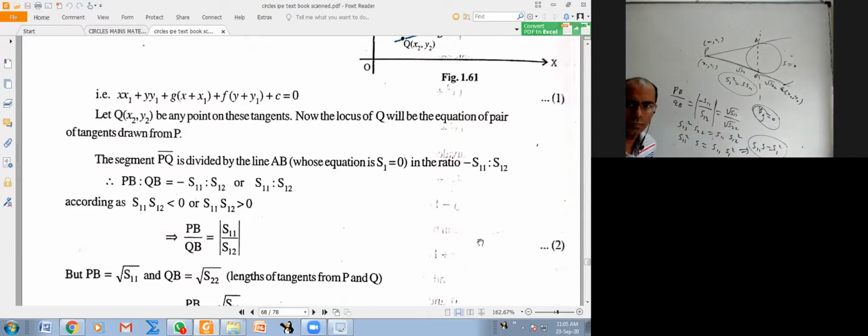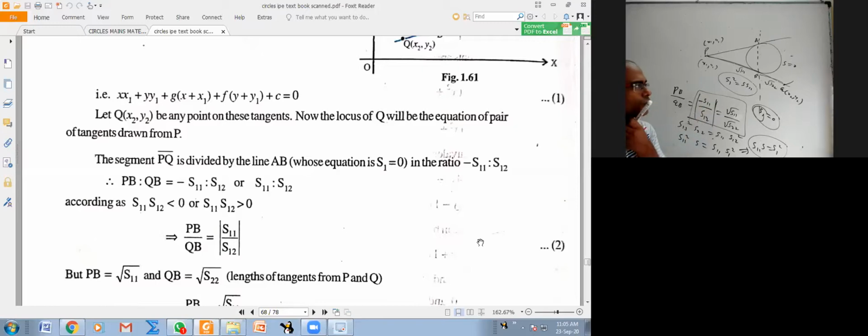Sir, I did not understand why we are finding this. This statement is true whether Q is here or here or anywhere; wherever Q is, it's the same thing. We are finding the locus of Q, the combined equation of these two lines. You take any point on this line or this line as Q, and Q should satisfy a condition. That condition should identify it. This is one way of identifying.